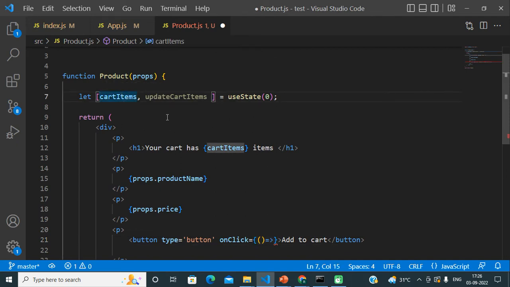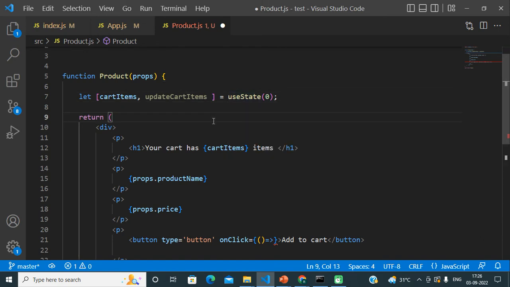Basically, friends, if you can see this second variable, which we are creating with the help of array destructuring syntax. When we call this useState function, actually useState is a hook, a hooks concept in React.js, but currently we are just discussing normal concepts, so I am not calling it a hook. For basic understanding I am just calling it a function.